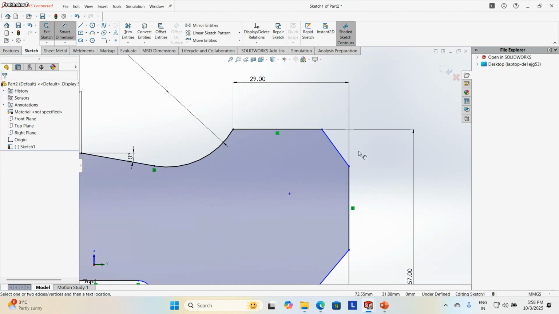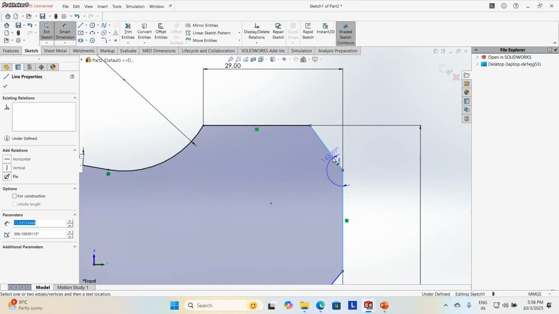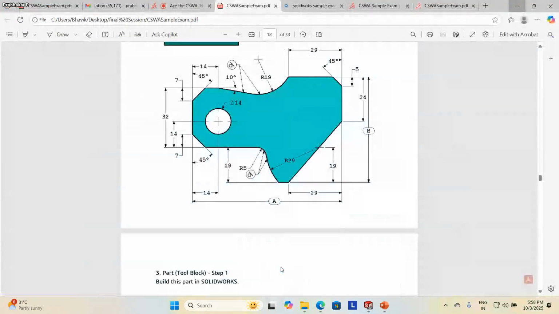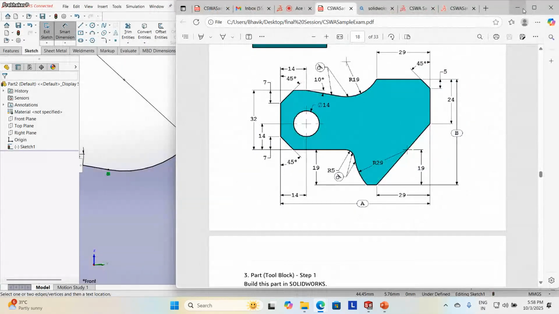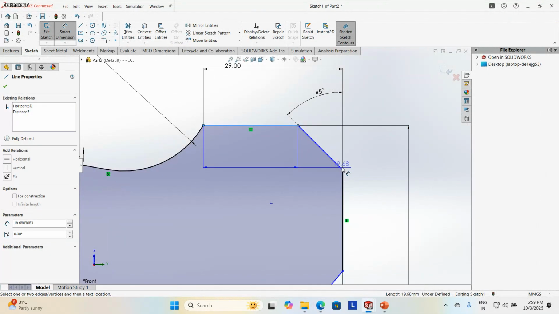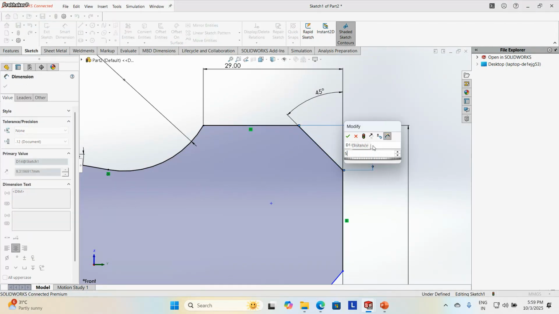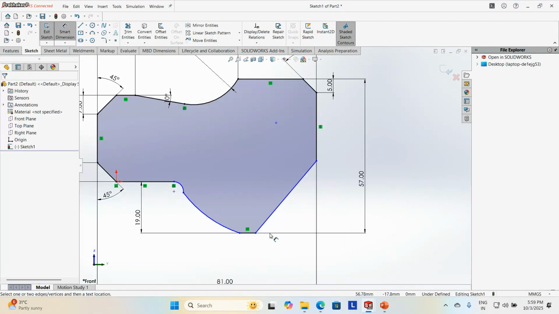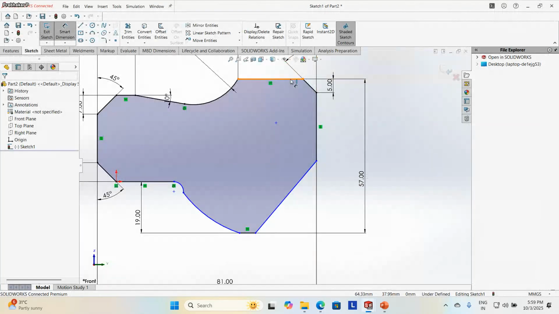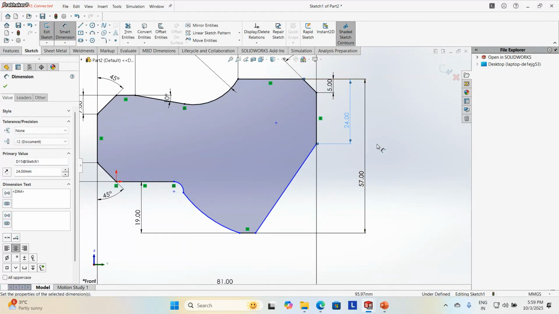Then this angle is 45 degree, and this dimension is 5 mm. Then this length they have given as 24, till this point it is 24.